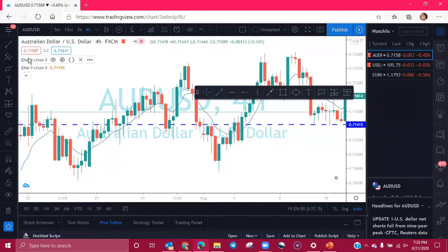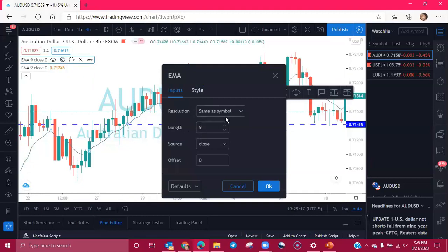Over here on your list, you'll hover your mouse over the indicator. You have a hide tool, which will hide whichever indicator you're referring to. Next to it, you have a settings tool. You'll click on that settings tool, and this is where you can change your settings.